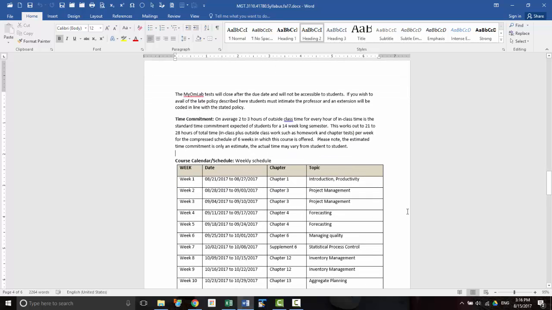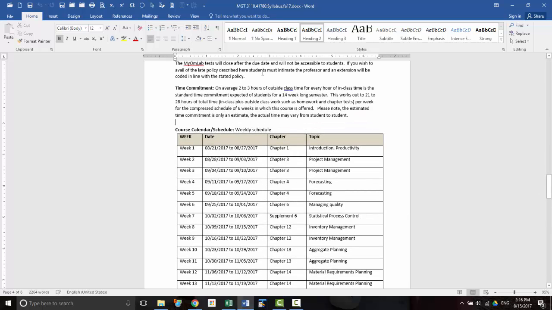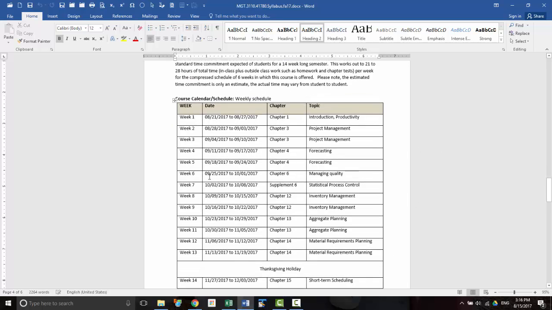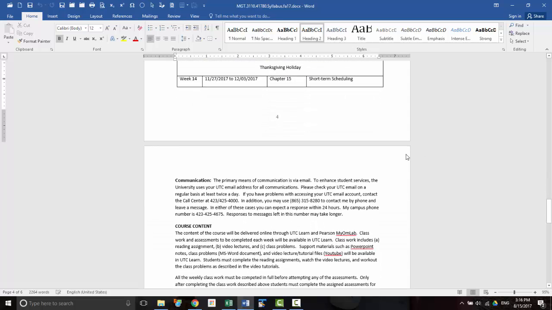So that's the reason why you have to complete the survey that I provided in week 0. Make sure that this is a good fit for you. Okay, so make sure that you read the time commitment requirement, and make sure that you manage your time properly. So here is an approximate calendar,